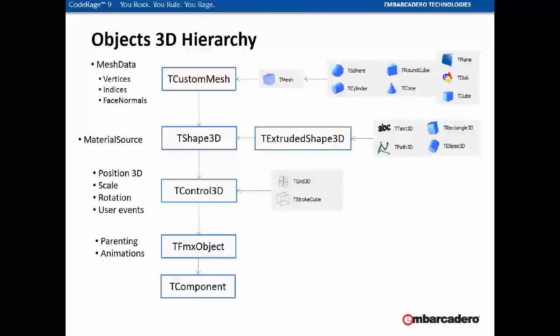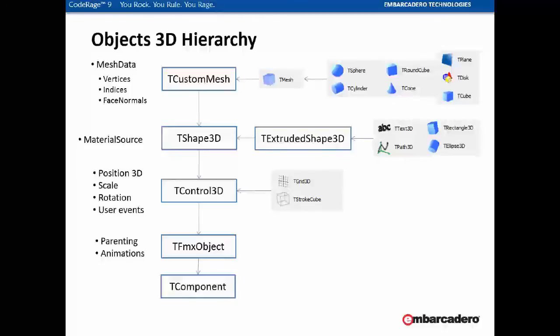They have events and they can respond to user events, so it's very easy to create interactive 3D visualizations. There are some very light class objects that are derived directly from TControl3D, for example TStrokeCube and TGrid3D. They are very light, because they are just drawn in a 3D space. They do not contain a vertex buffer or anything like this, so they are quite light and inexpensive to use